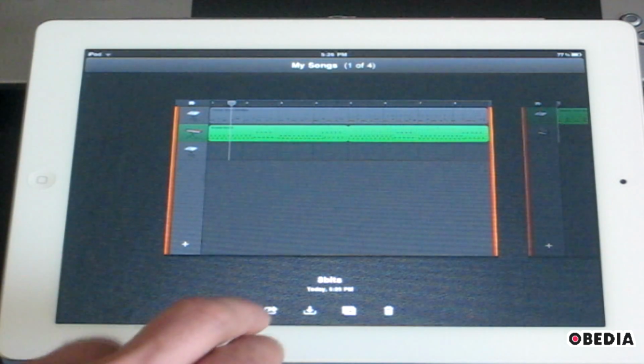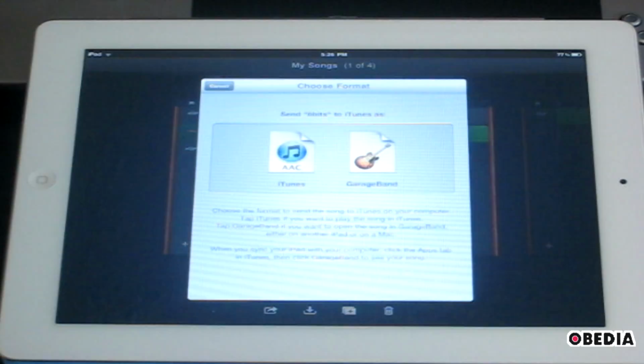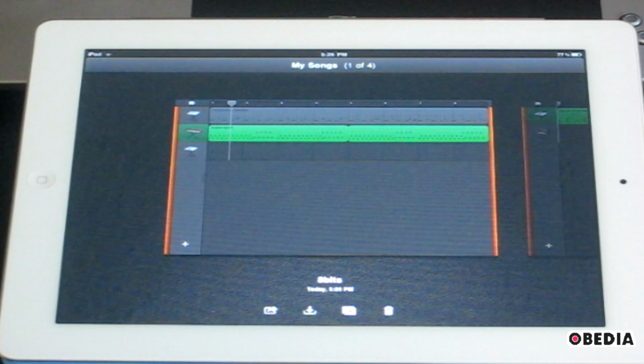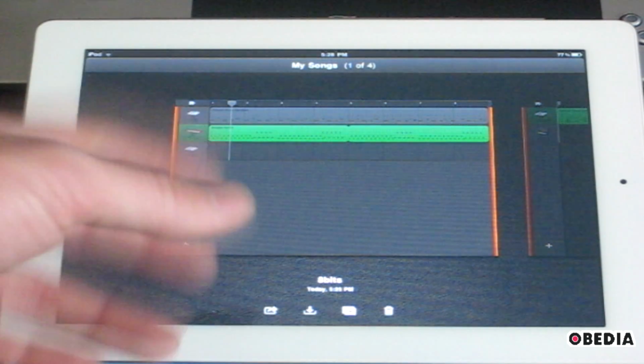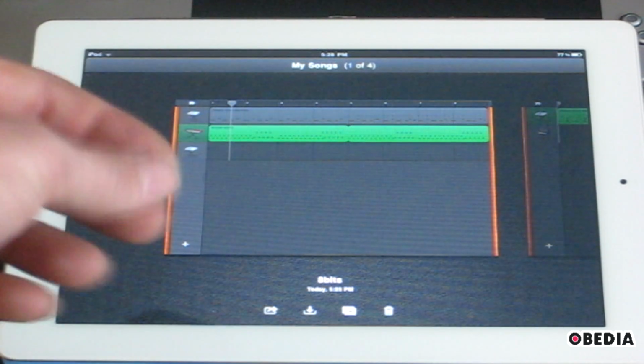So I'll go ahead and click on the export icon in this case, and I'll click send to iTunes, and I will click on the iTunes format. This is going to send the song to iTunes. So now this song will be available to me in my iTunes library when I connect my iPad to my